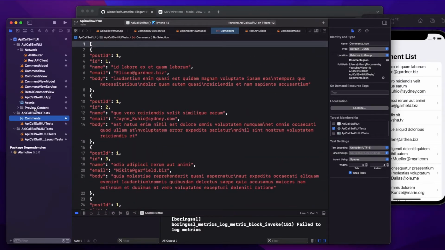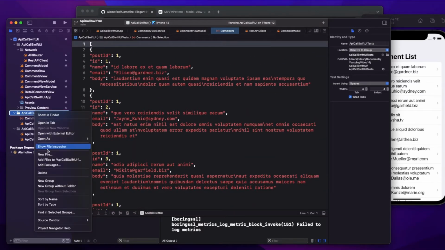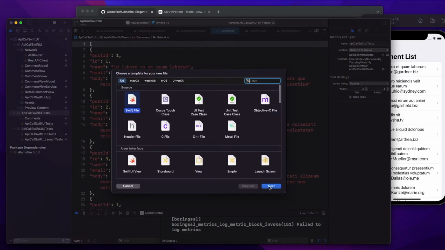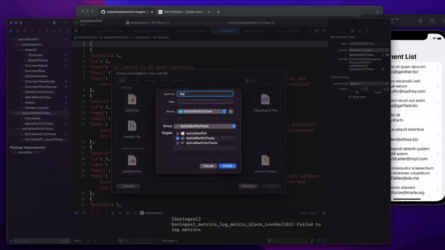Okay, also I'm going to create a mock class here. So new file, I'll call it mock comment view service.